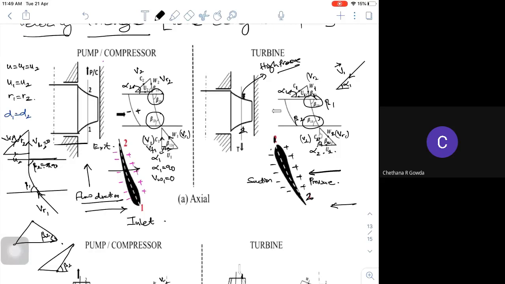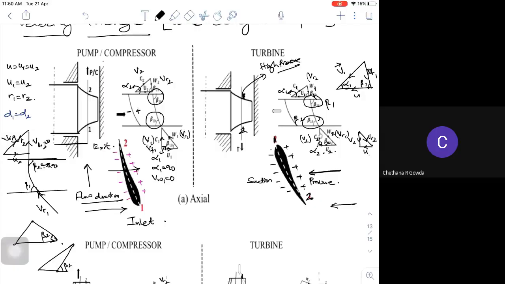How you are going to draw your aerofoil and which is your suction side, which is your pressure side. Based upon that, I can easily decide what should be my direction of rotation. Once you find V and U, VR is automatically closed. So once I find this corresponding U, I can easily find the VR1. So this is my beta 1. Similarly, if the fluid is exiting, this is my VR2, this is my V2, and this is my U.